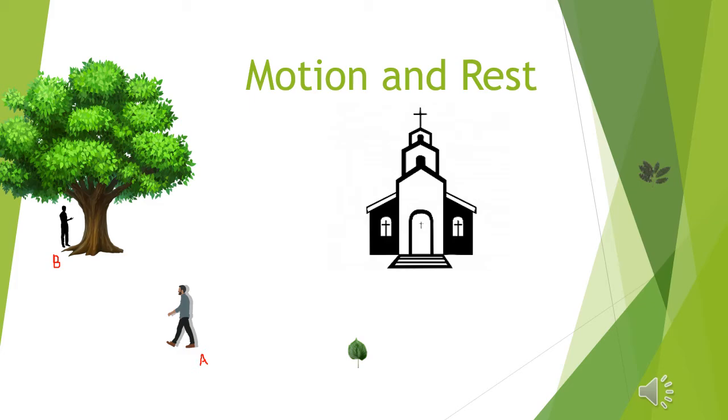Let us consider an example. Consider two persons in a lift. Let the lift move upwards. The two persons are not in motion with respect to each other. That means with respect to the first person, the second person is at rest and vice versa. But for a person who is taken as a reference point outside the lift, these two people inside the lift are in motion. I think you understood the concept. Motion is relative.